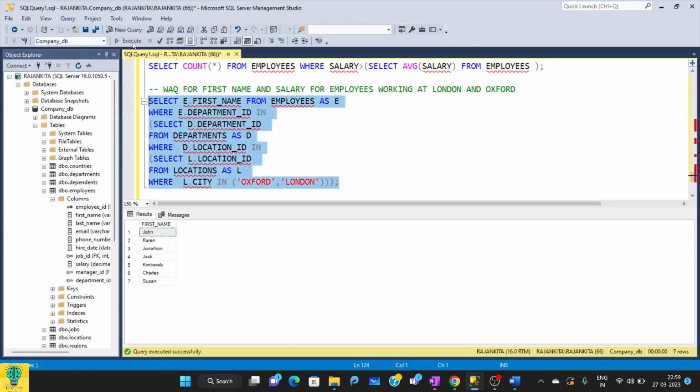Now let's run it. Okay, so these are the names, and also I can print here the department ID, E dot department ID. We can also print the location, and location is from L dot location ID, and we can also print the city, and it's L dot city. And now if we run it,